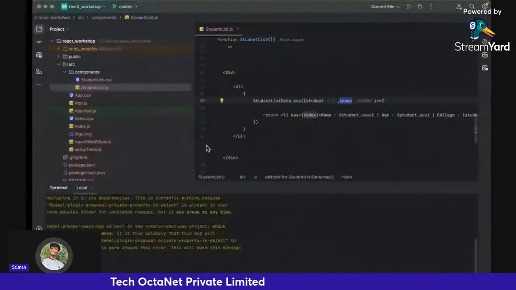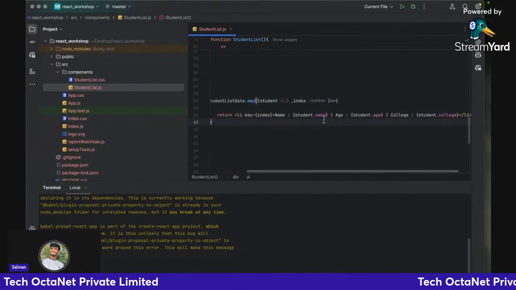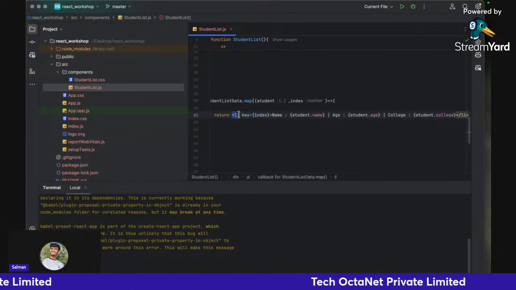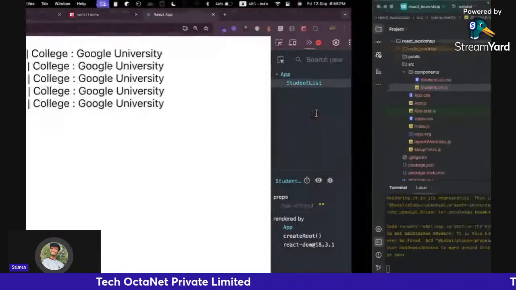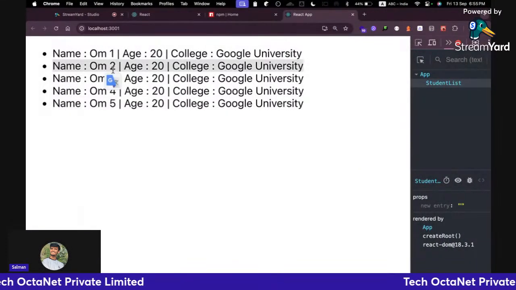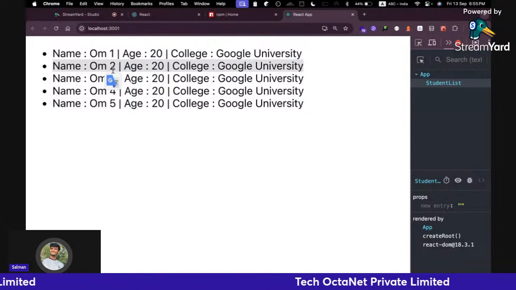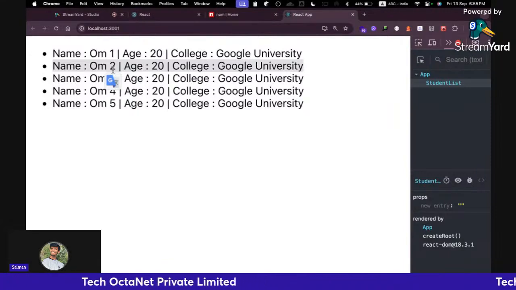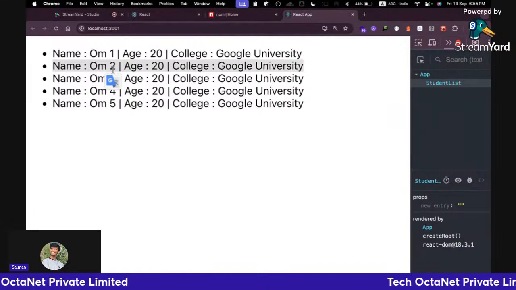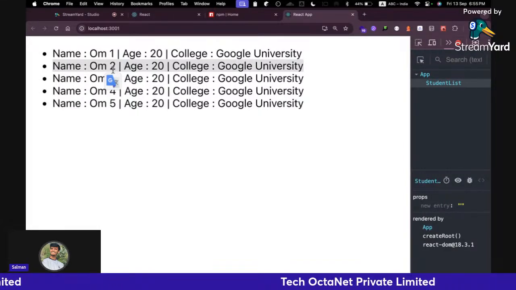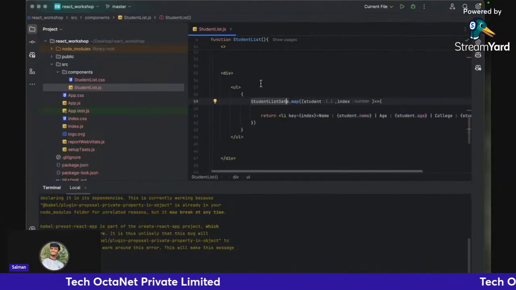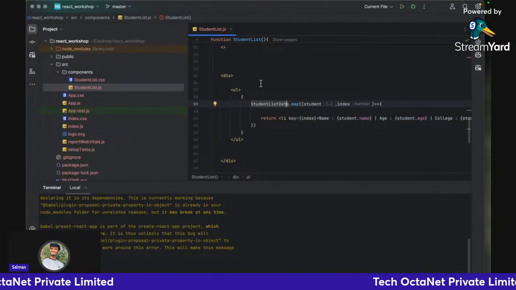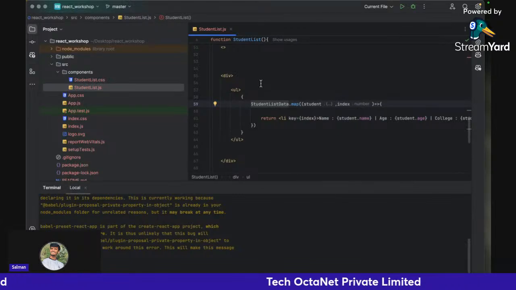Okay, so you have seen what I did right now. I've just written this li, the list item, once. It's populating the data dynamically multiple times. We are not specifically writing the code one time, but it's automatically getting written over there. So this is how the mapping function works. We have seen the mapping in React because it's very important, because we map a lot of things. But now what we'll do,